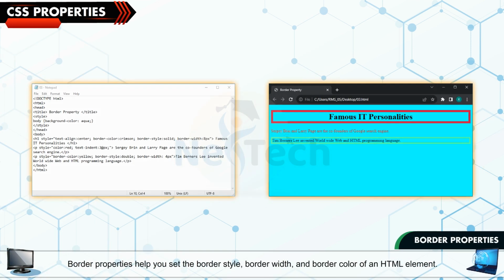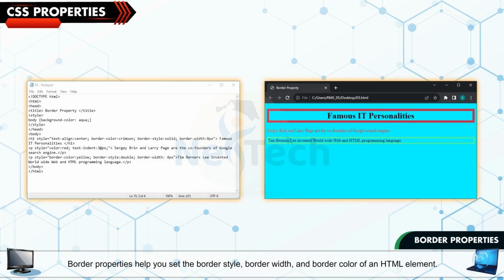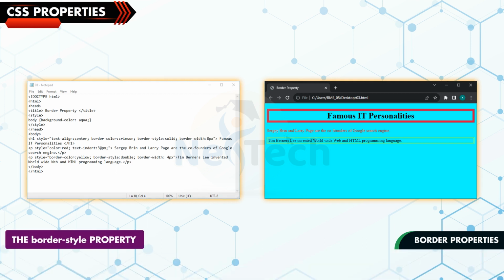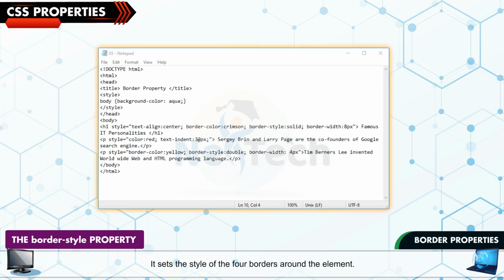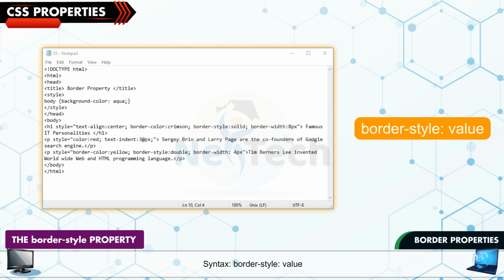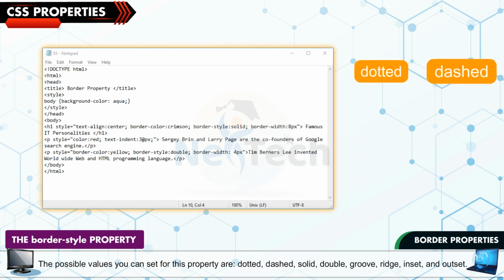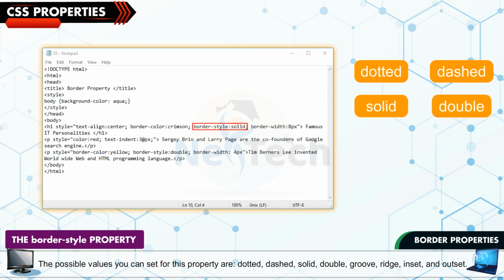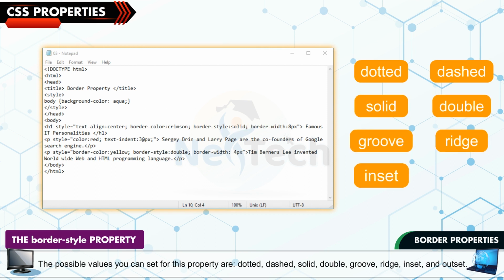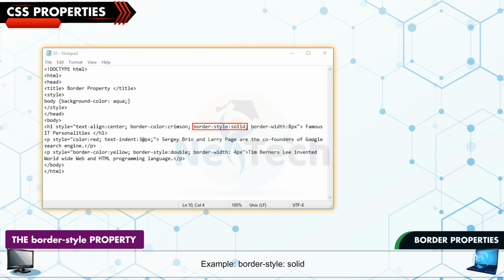Border properties. Border properties help you set the border style, border width, and border color of an HTML element. Let us now learn about some border properties. The border-style property. It sets the style of the 4 borders around the element. Syntax. The possible values you can set for this property are dotted, dashed, solid, double, groove, ridge, inset, and outset. Example: